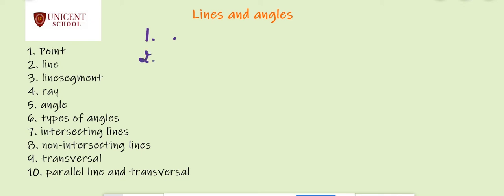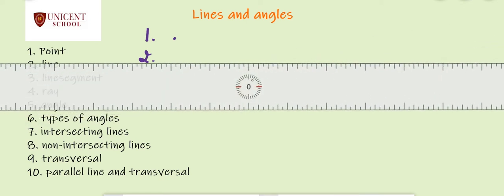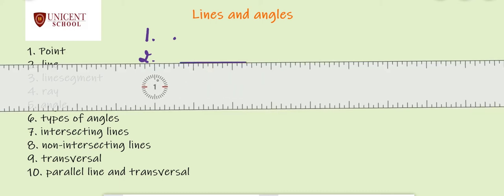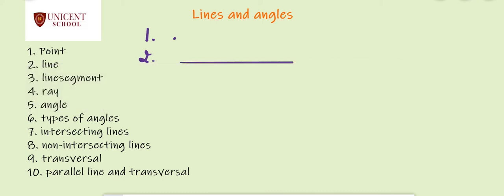Line. In geometry, a line can be defined as a straight one-dimensional figure that has no thickness and extends endlessly in both directions. So in this direction and in this direction. And can be represented